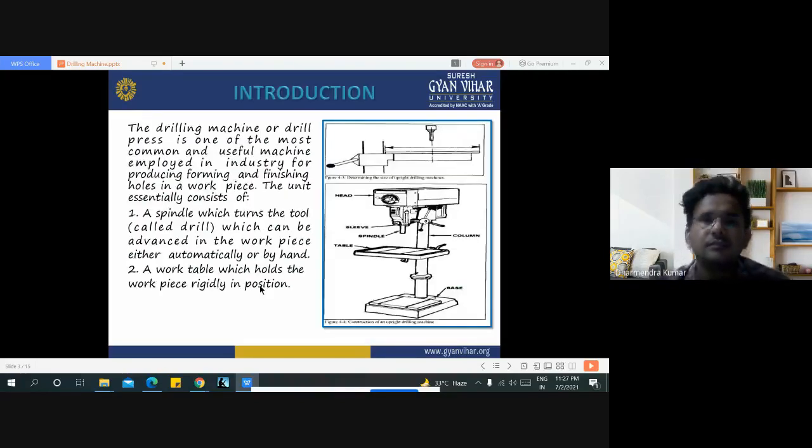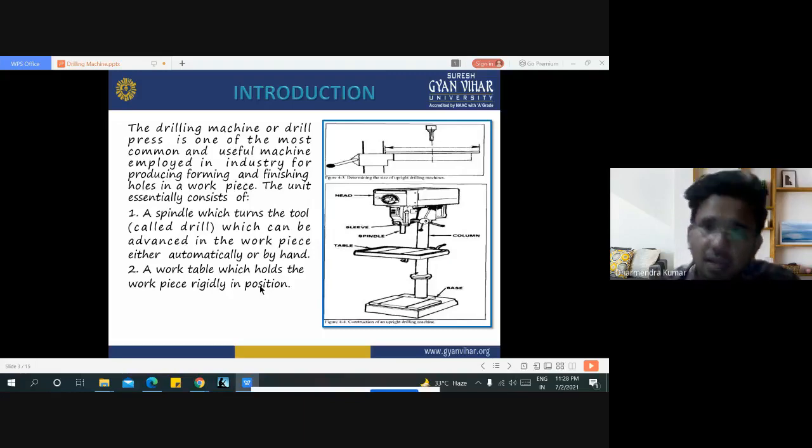This is the basic introduction about drilling machine. The drilling machine or drill press is one of the most common and useful machine processes in industry for producing, forming and finishing holes in a workpiece. The unit essentially consists of a spindle which turns the tool, generally called the drill tool, which can be advanced into the workpiece either automatically or by hand. A work table holds the workpiece